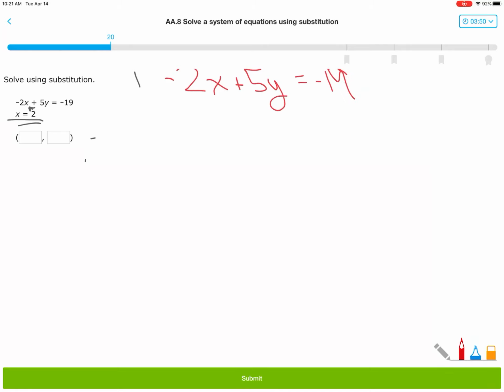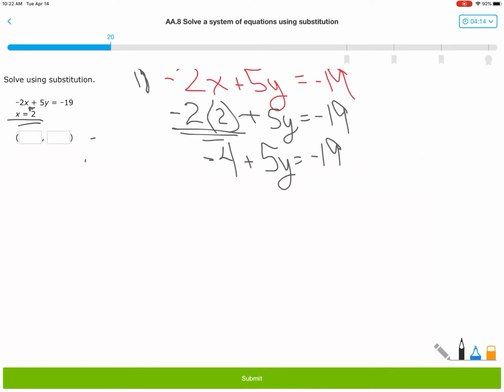I'm just going to put that 2 in for the x. Negative 2 times a positive 2, what they told me, plus 5y is negative 19. Negative 2 times positive 2 is negative 4, plus